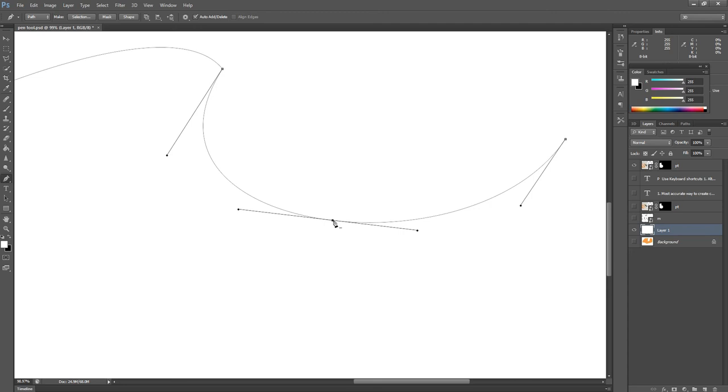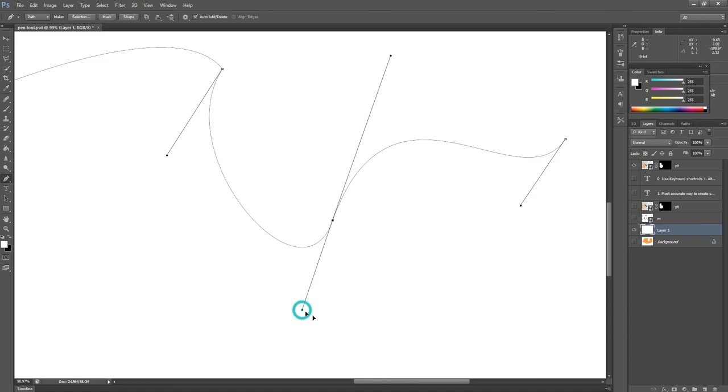Again we want to add an anchor point, so we can add an anchor point. After adding the anchor points, just press the Control key to move the directions. We can change the shapes from here. So this is the advantage of adding the anchor point. And again this handle works on both sides, so if we want to change only one side of the handle, just press the Alt key, which is the shortcut key. We can convert the anchor point in one direction, and again if we want to change the direction of this shape, we can change only this direction. So we can break the anchor point from here through the Alt key.